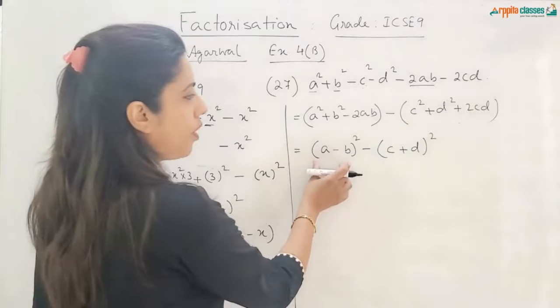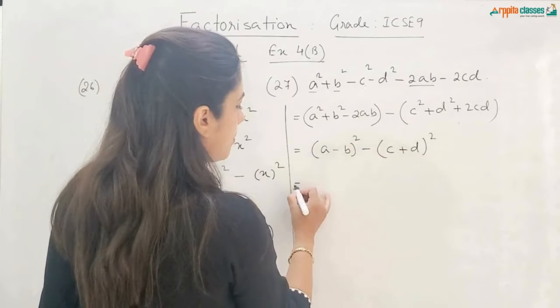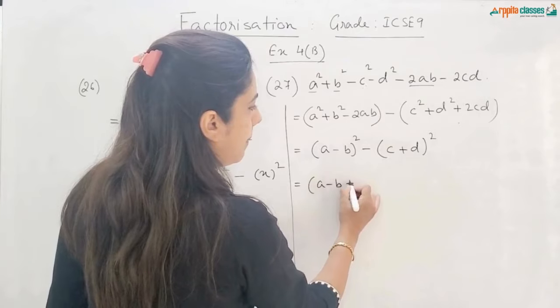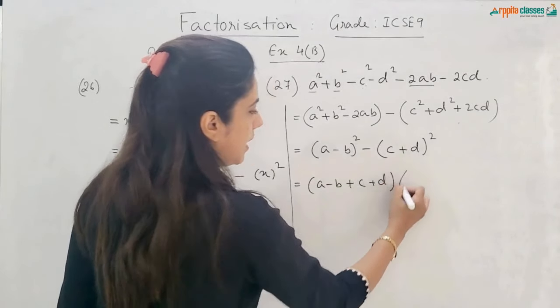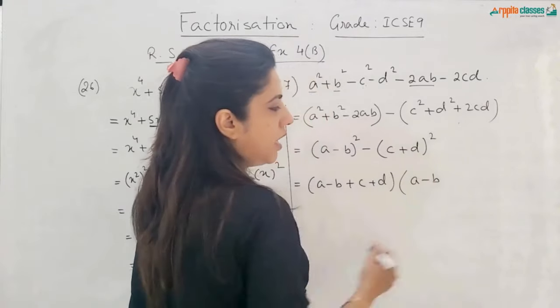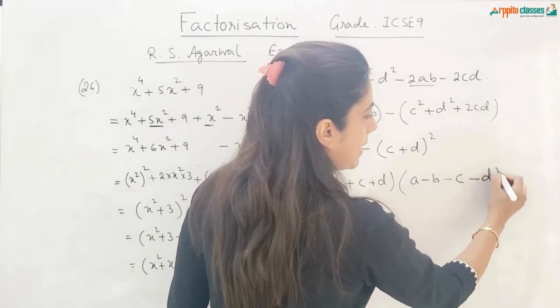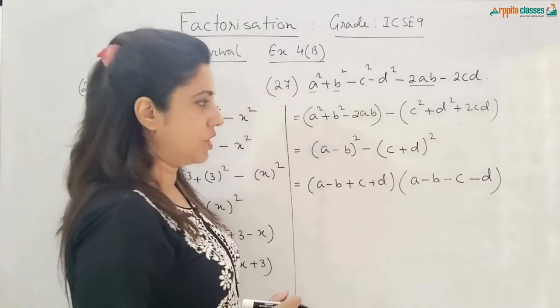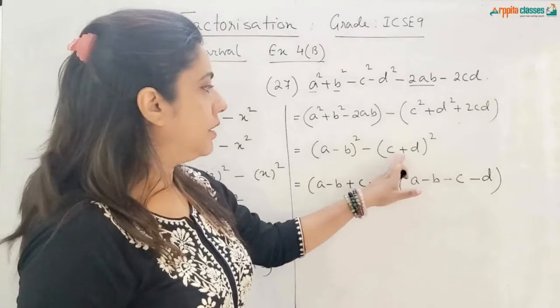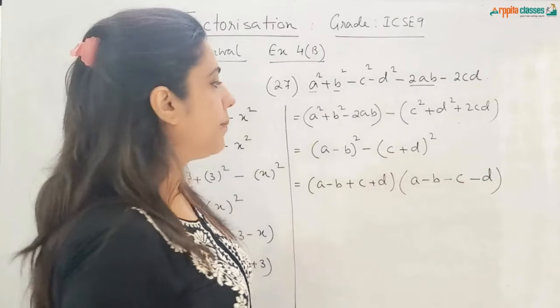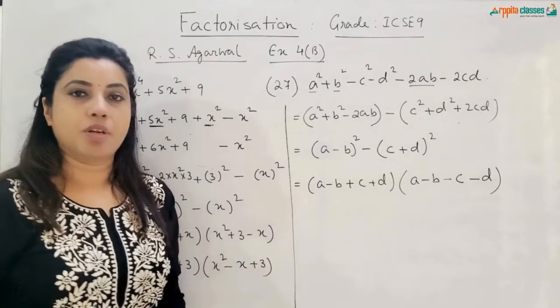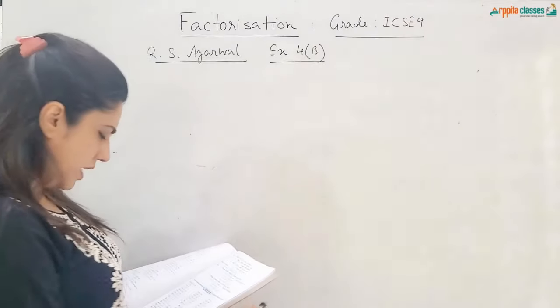Now I got it in the form of a square minus b square. So I'm going to write a plus b and a. Now when you write minus b, it will be minus c minus d. This sign will get changed. Since it is a minus sign over here, this sign will get changed. Okay. So these are the two factors of question number 27. Question number 28 is